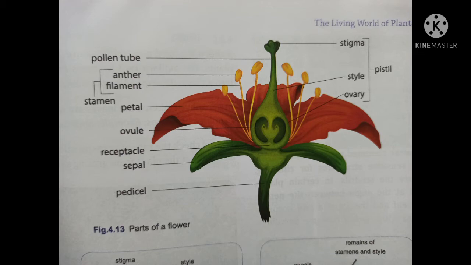Parts of a flower. A flower has four parts, namely calyx, corolla, androecium, and gynoecium. The calyx is the outermost part of the flower, with the green leaf-like part are called sepals. These sepals enclose and protect the flower when it is bud. Corolla. The second colorful part